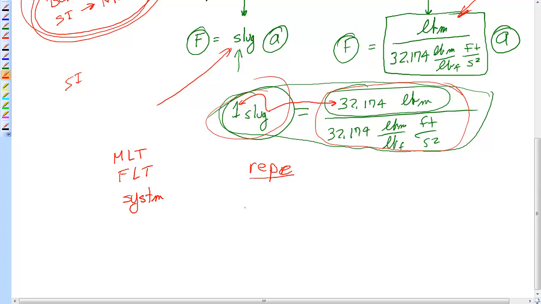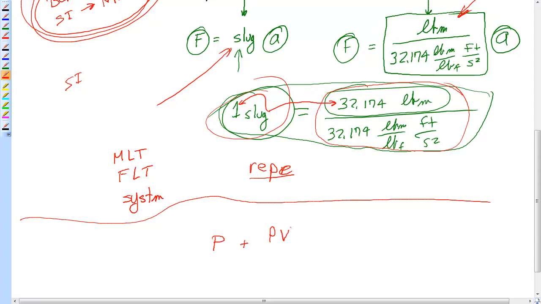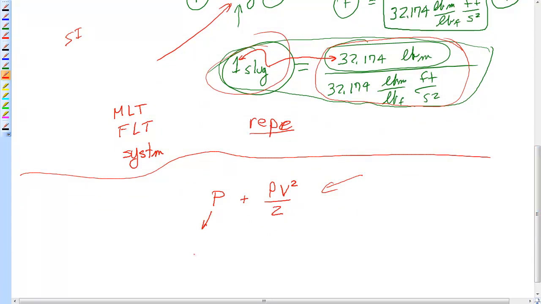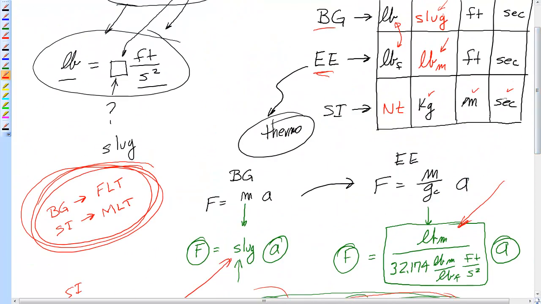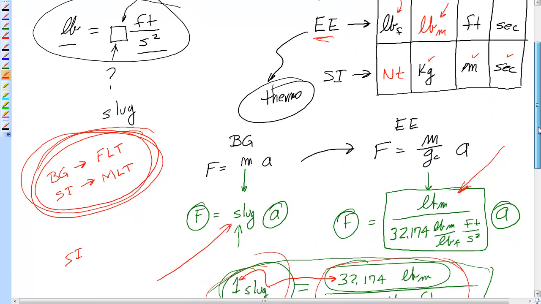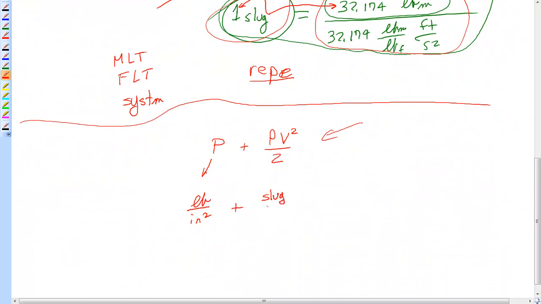Let's say somewhere in your future in fluids you're going to come across an equation which has a pressure plus a rho and a velocity squared over 2. Now this is coming through Bernoulli's equation, but it'll show up later. You know full well that usually pressure is represented by pounds per inch squared, PSI, and if you're in these systems up here, we're going to basically exist mostly in the BG system. You're going to end up with a slug, and we'll talk about what rho is later, but foot cubed, and then feet per second, and then you have to square this. The 2 has no units. Now if you take a look at this, you could easily divide this out, turn this into feet,